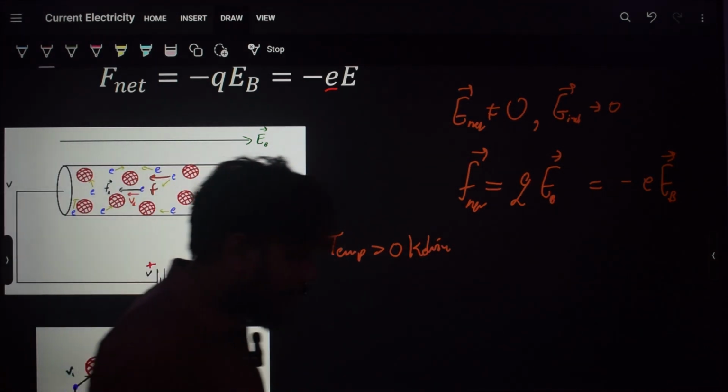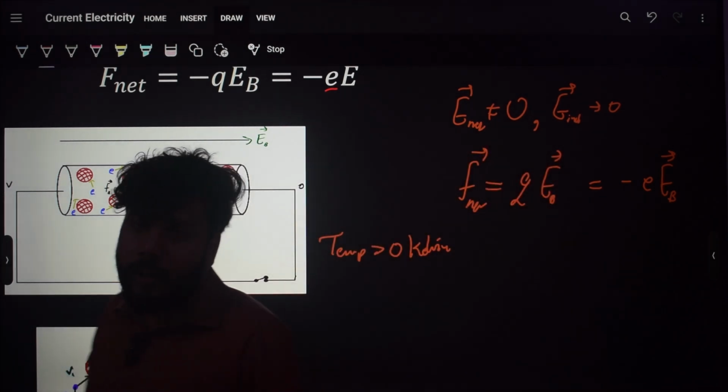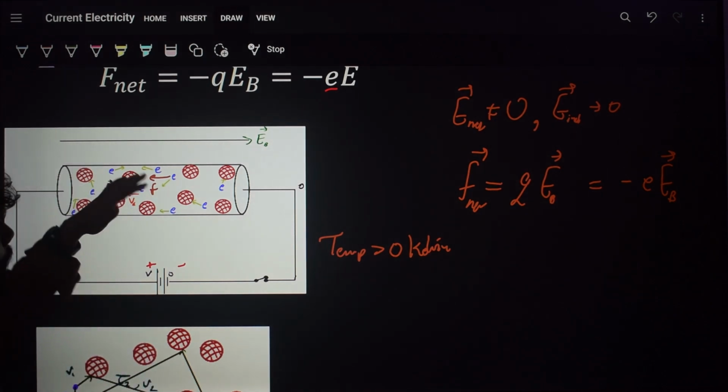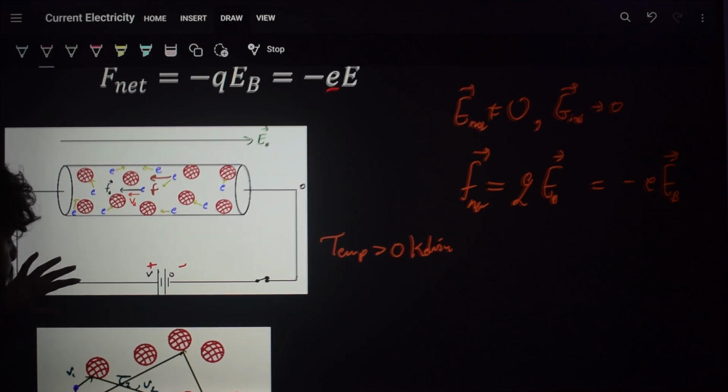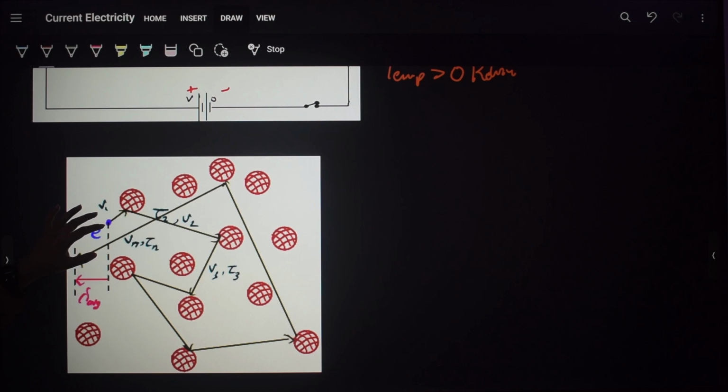But this time, with random motion, you have an additional force which is also pushing the electron in the left direction, which is opposite to the direction of the electric field due to the battery. So in this case, what you will have, the electron is going to